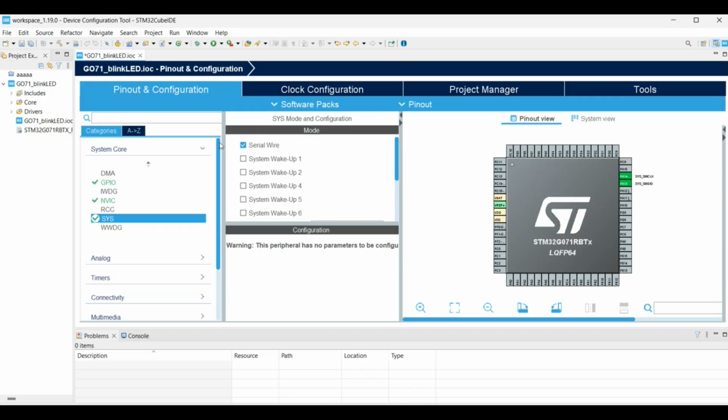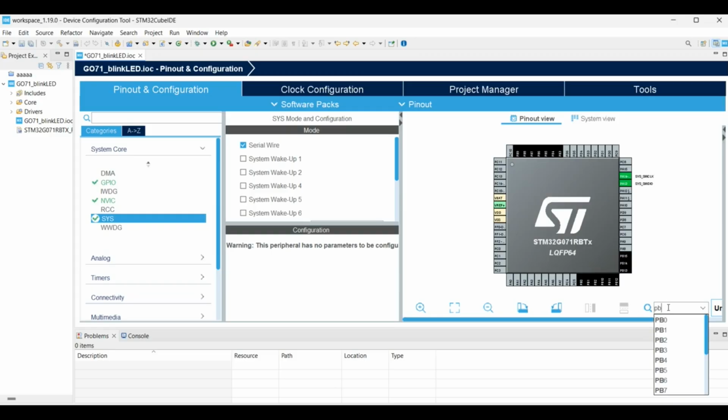next, I know that I am going to do the serial wire communication through these two pins, and I have to put an LED. There is also a schematic on the back end where it is shown that the LED will be connected to PA5. If you cannot see where PA5 is, you can just write PA here. All the PA pins will blink here, and if you are searching for PB, just write PB here, and all the PB numbers will